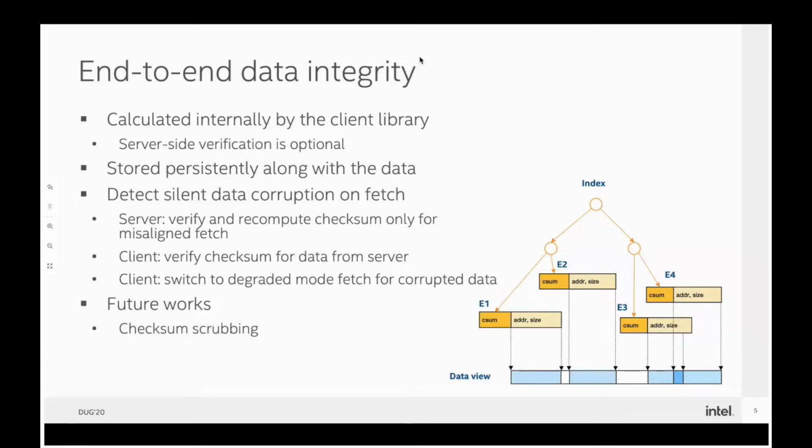It means that even nobody is reading data, there is a background service which can continuously scan all the data and verify checksum of them. If there is corrupted data, then the service will run data recovery protocol to reconstruct corrupted data.